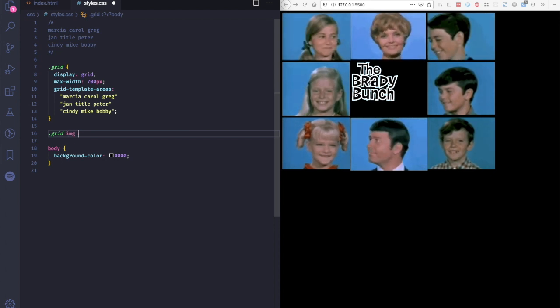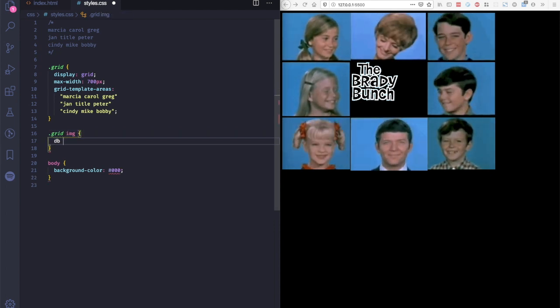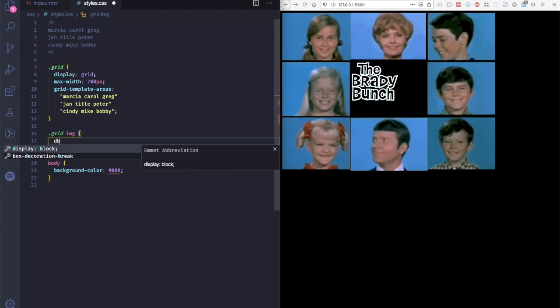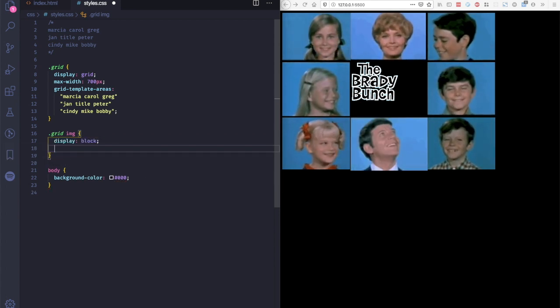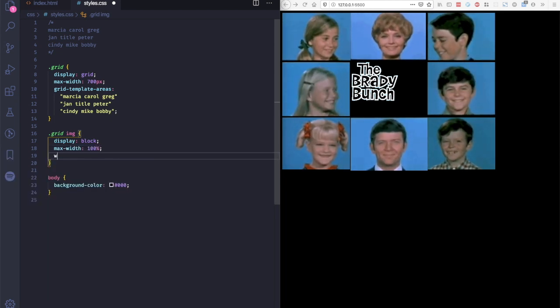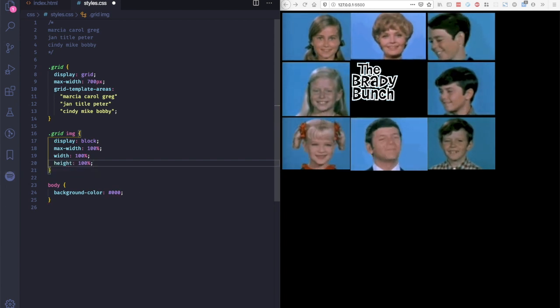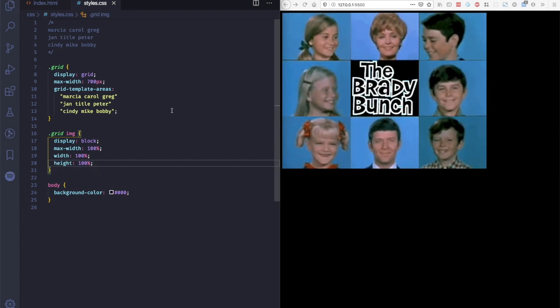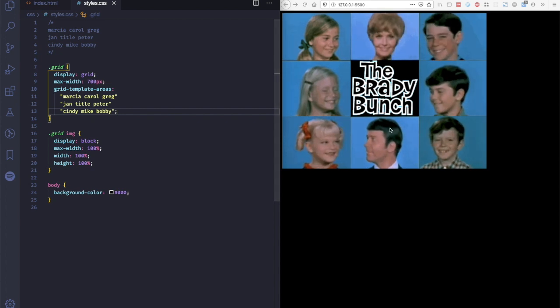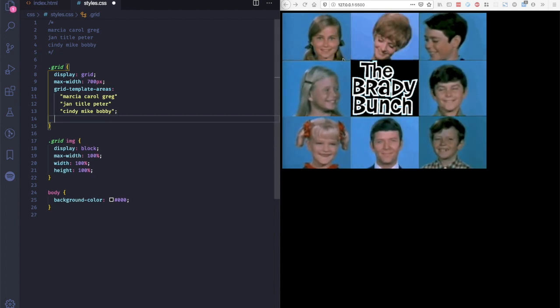So we're going to say our images within the grid are block level. Hey, I said they're block. Make it work. Okay, block level. They have a max width of 100%, width of 100%, a height of 100%. Okay, and to create those gaps uniformly in all the grid cells, we are going to simply specify that in